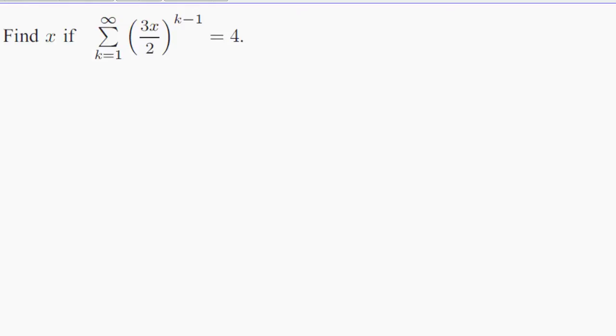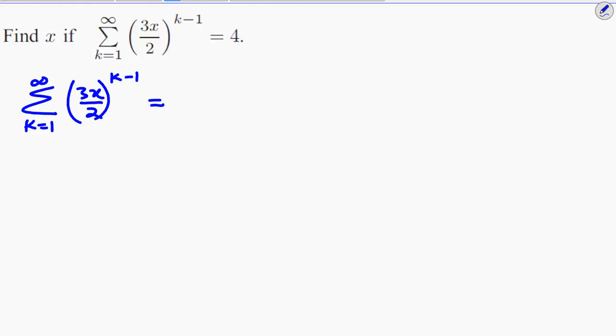Here is another question. Find x if the sum of this series from k is equals to 1 to infinity is 4. Now, before we start working this out, let's try and generate a few terms of this series and figure out if it's a geometric series, what is the first term, what's the common ratio, things like that. So the sum from k is equals to 1 to infinity of 3x over 2 to power k minus 1